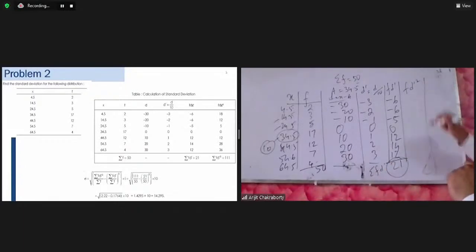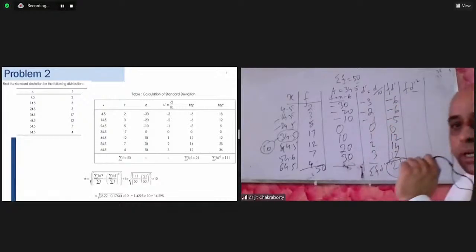Now the last column we are working on is to find out the square. We are trying to find D dash square. D dash square is basically what? D dash square will be